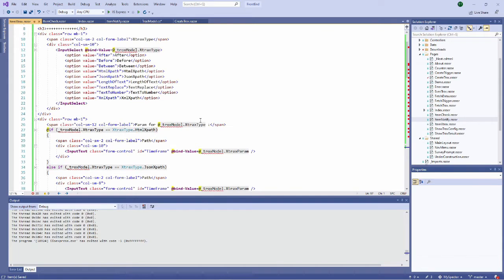And what I can do is say that this should be replaced by another arrobas in the current document. So let's go here. Extract type is correctly substituted.